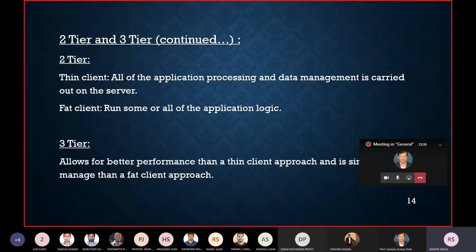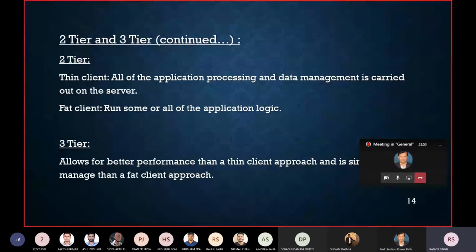So continuing with two-tier and three-tier. Two-tier thin client, as already explained, and fat client. In two-tier thin client, all the application processing and data management is carried out on the server, because a thin client does not have many resources, so it is highly dependent on the server for any resources.